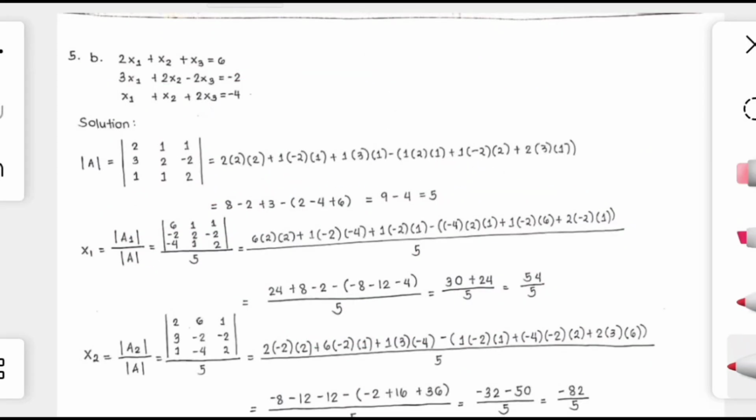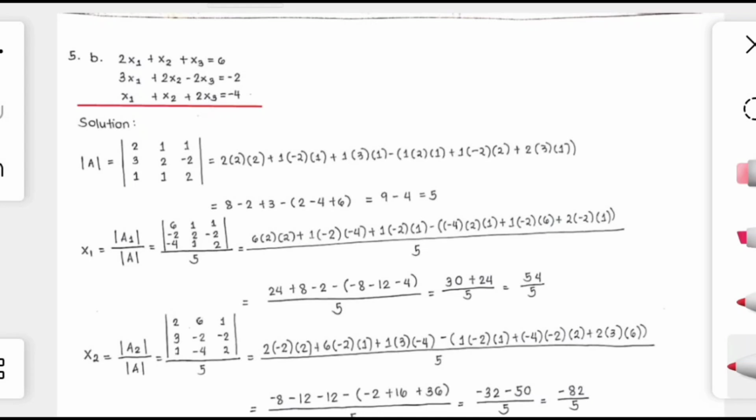Solve the following linear system by Cramer's rule. So for 5b, we have this linear system: 2x sub 1 plus x sub 2 plus x sub 3 is equal to 6, and then 3x sub 1 plus 2x sub 2 minus 2x sub 3 is equal to negative 2, and x sub 1 plus x sub 2 plus 2x sub 3 is equal to negative 4. So for the solution,